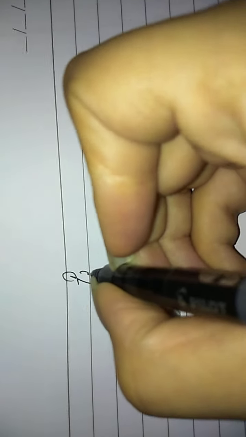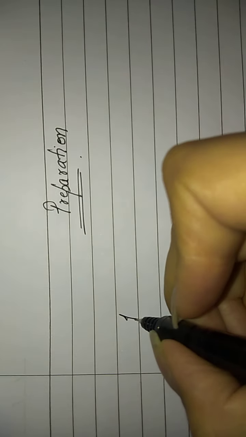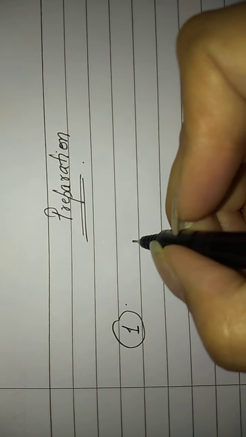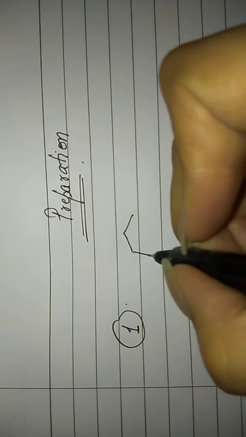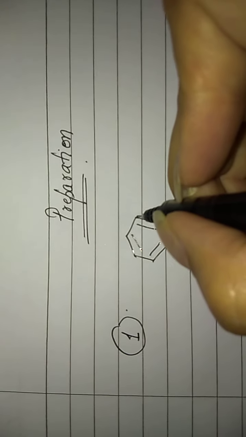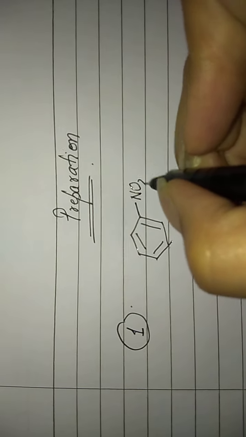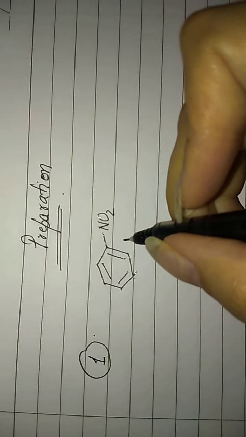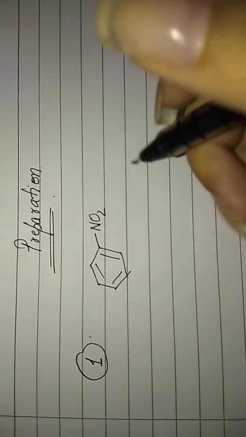Now coming to preparation of amines. First of all, the most important method of preparation is preparation from nitro compounds. Now what you have to remember over here is that whenever you have a nitro group attached to the benzene ring or to any other particular carbon chain, the most favorable method to convert it